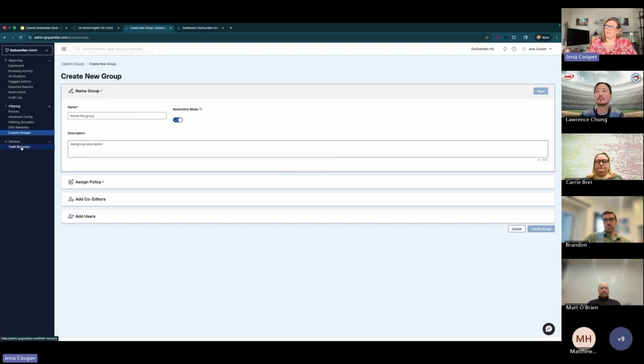Again, we have theft recovery also for Chromebooks, but I will defer that until our next conversation. But I did want to get through some of the main highlights of GoGuardian admin. If anybody has a comment on how this could be helpful beyond or work with your firewall, please put it in the chat. Or if anybody has any questions, please put that in there. And we have one more thing that we're going to talk about today.